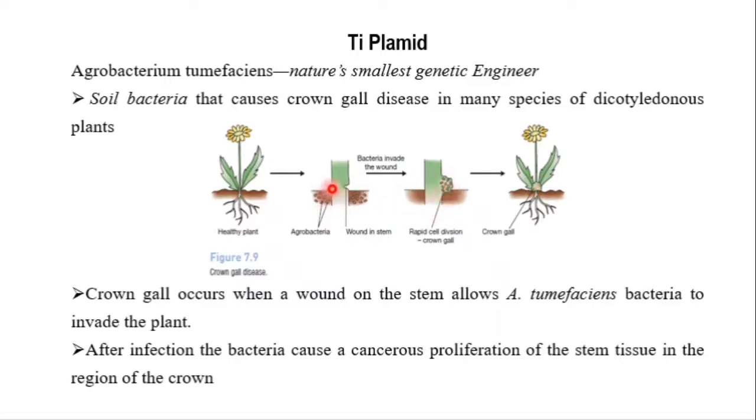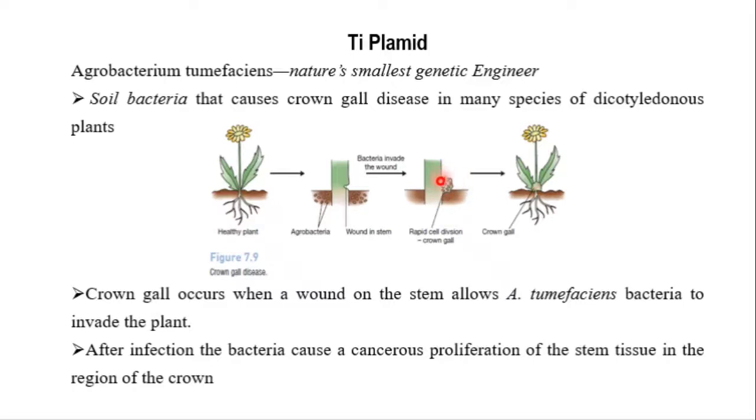This is the crown part of the plant. Gall means a cancerous proliferation. Near the crown, a cancerous proliferation, a gall, is formed, and that is known as a crown gall. This is the region of the crown, and a gall is formed due to the infection of